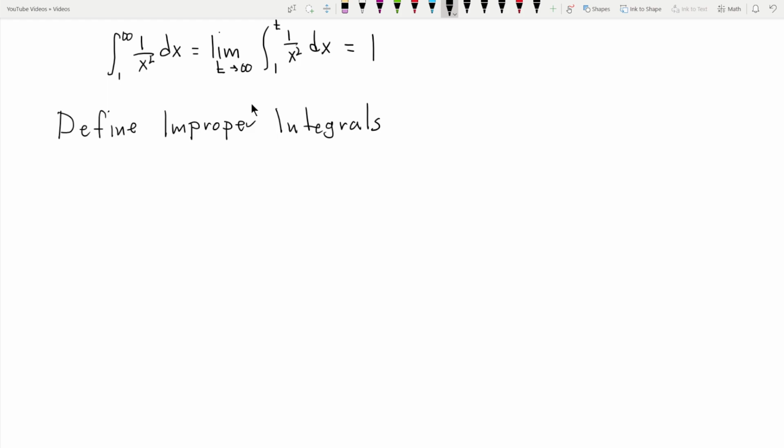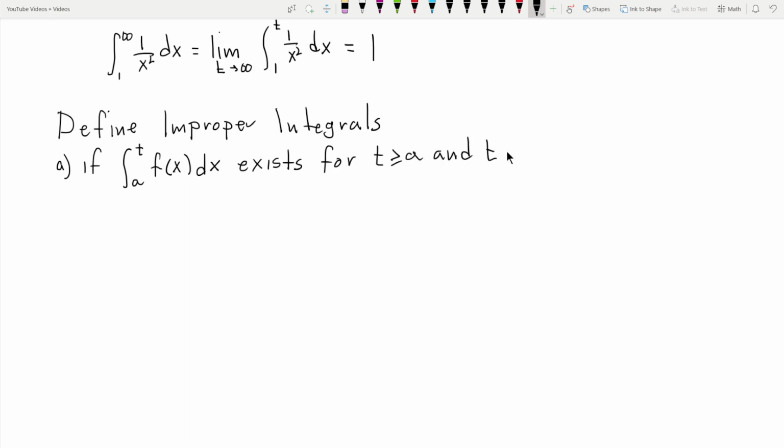So our first step here is: if the antiderivative from a to t of f of x dx exists for t greater than or equal to a and t finite,